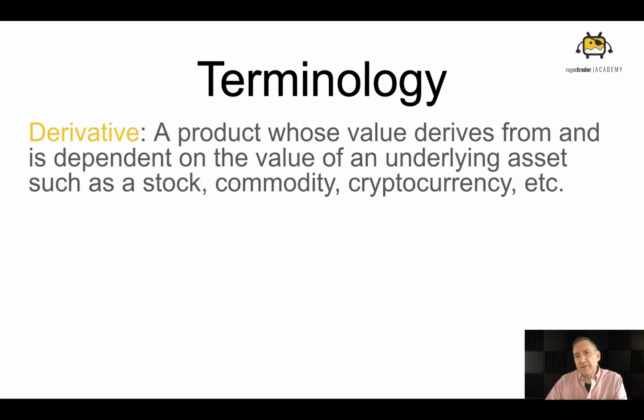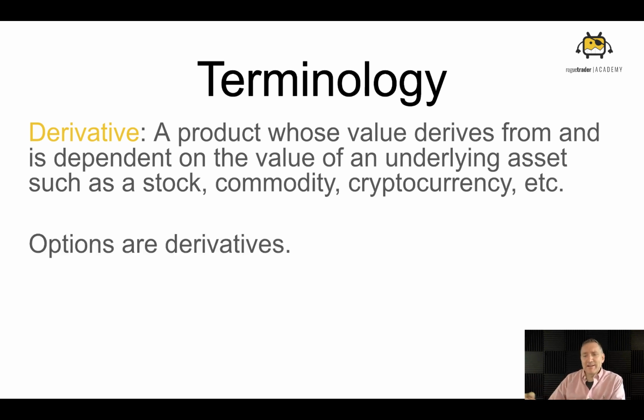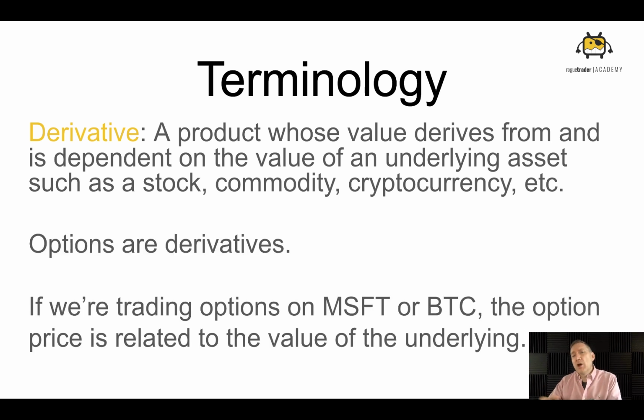Next, we're going to talk about derivatives. Now, a derivative is just something that derives its value from, and is independent of, an underlying asset. So options are derivatives. They derive their value from something we're trading the option on. So the option might represent a commodity like oil or gold or wheat, or maybe a stock, Microsoft, Apple, Tesla. It doesn't matter. It represents something, but it's independent of it. So as that underlying asset starts to move around, the option's price is going to move. So it has a relationship with that underlying price.